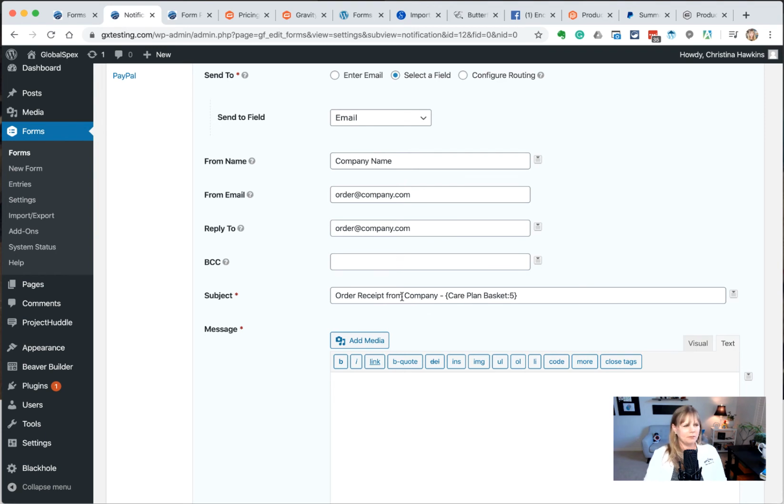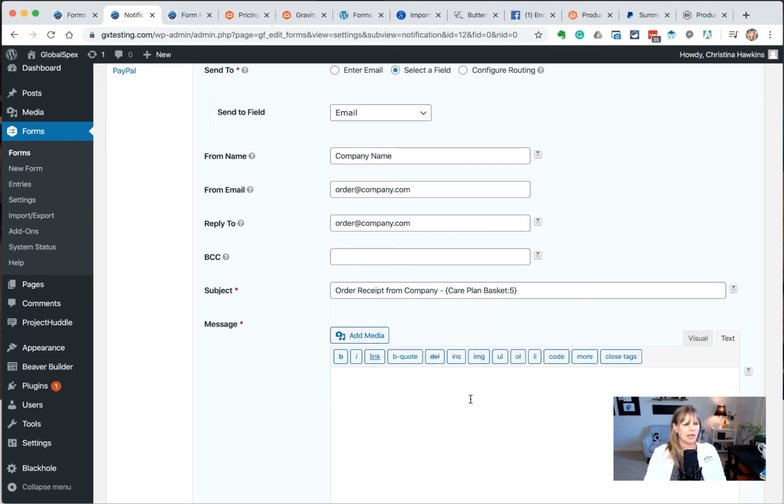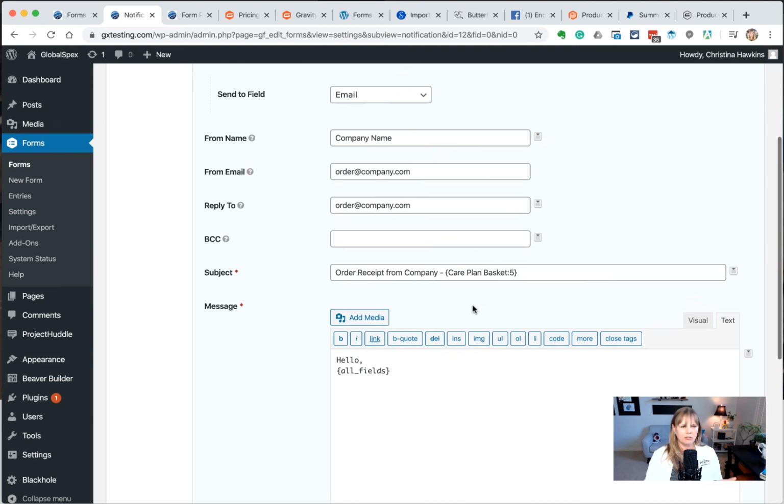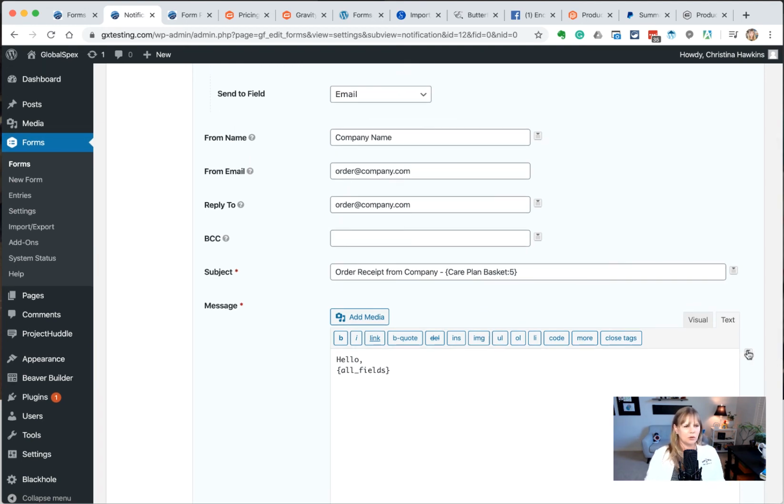Something like that. Again, I would recommend putting all the fields, all submitted fields in here, but the reason why I'm breaking this out is I want them to get only the information that they should need for delivery, because this is the delivery notification. So we're going to put hello,